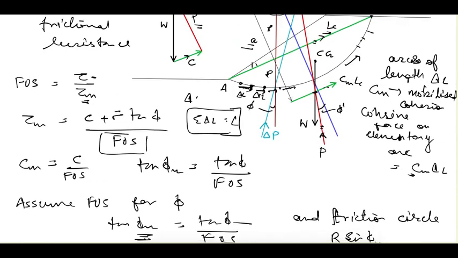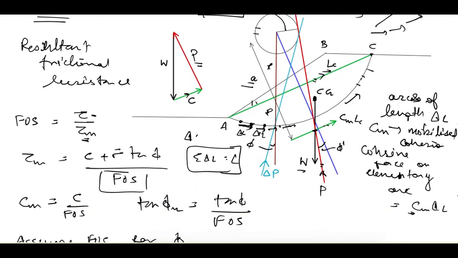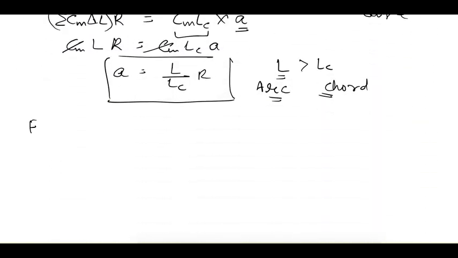So here, from the CG of the weight or the CG of this area, we draw the weight. So we draw the magnitude of this weight in the vertical downward direction, and we know the direction of this cohesive force. So this green line shows the direction of the force, and we know its location. It is having a distance from the center of this circle. So at this point we have drawn our cohesive force. Now the only force which is remaining is the frictional force.